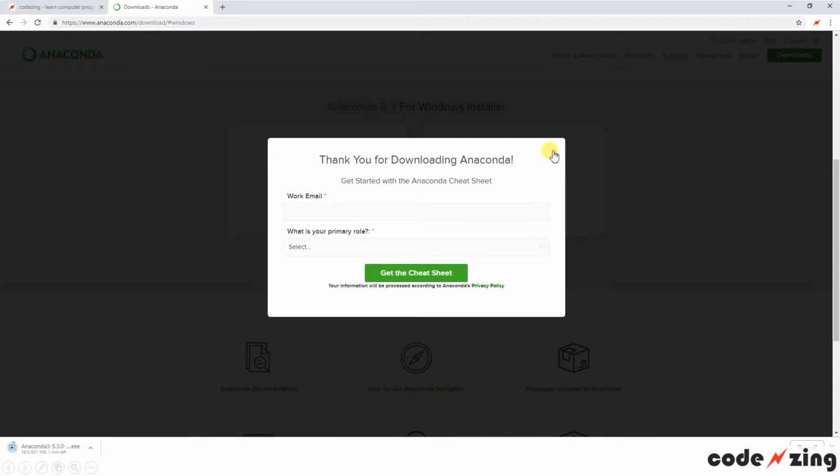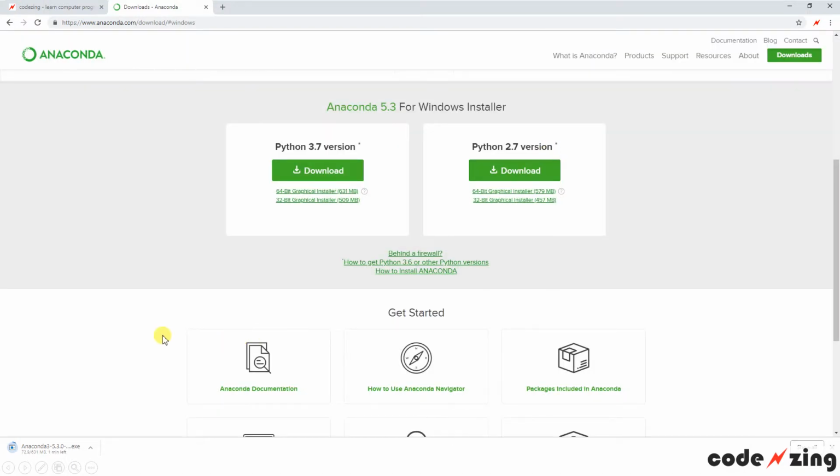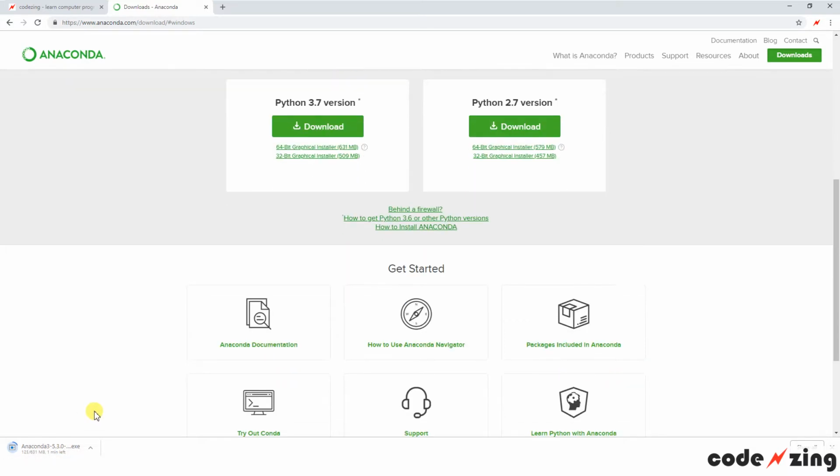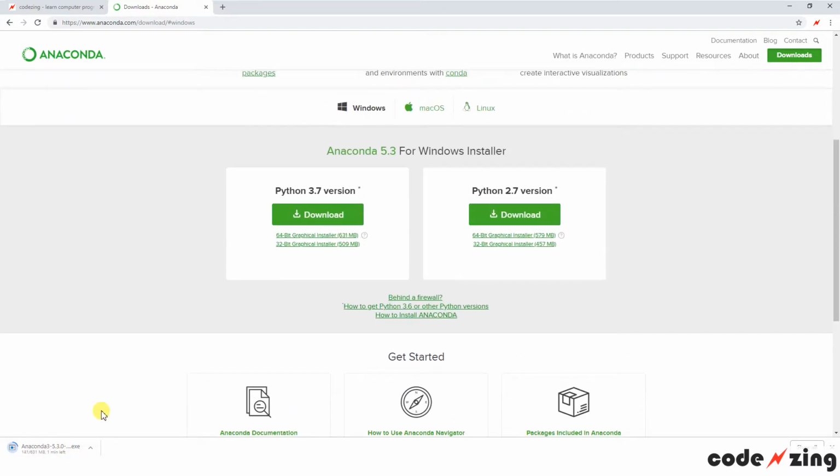You don't need the cheat sheets. I think you can just close that. Yeah. Sorry, that was a little new for me on running through this. I think they just want to send you update emails and stuff. If you want to sign up for that, you can. But if you just want the download, you can click the executable file will run, and